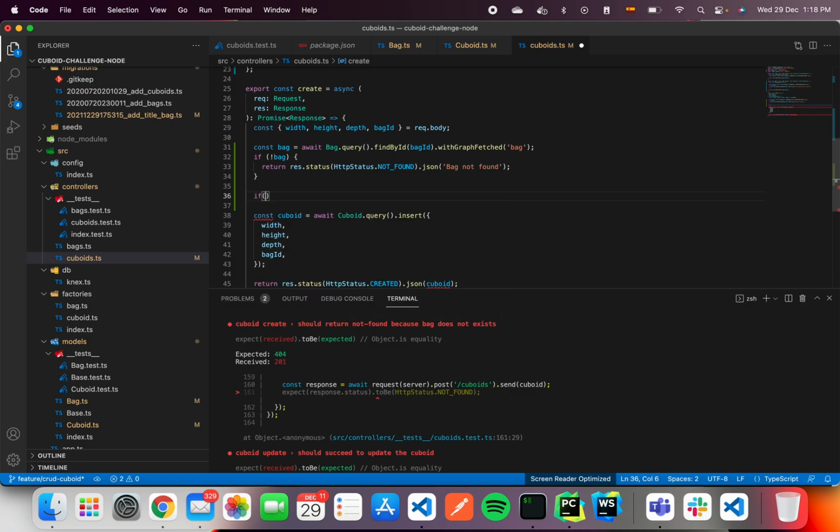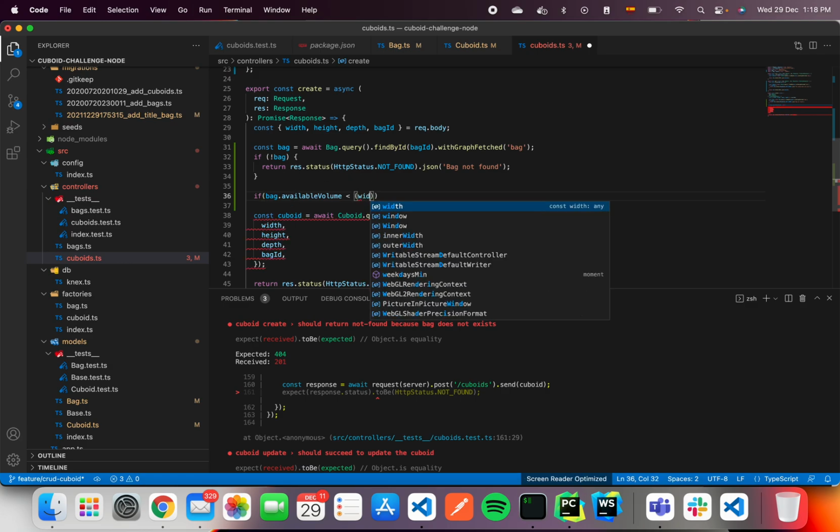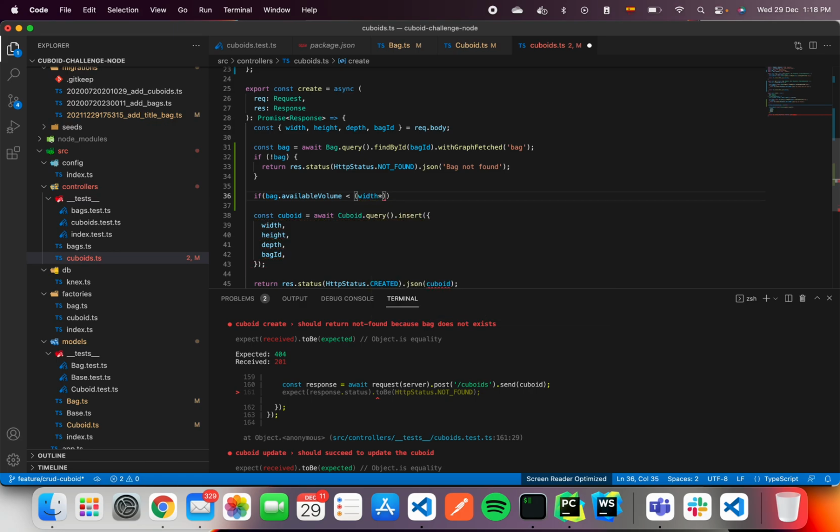So if the bug's available volume is less than the width by depth, okay, so if that volume is bigger than the cuboid's, it should not be added. So it should return